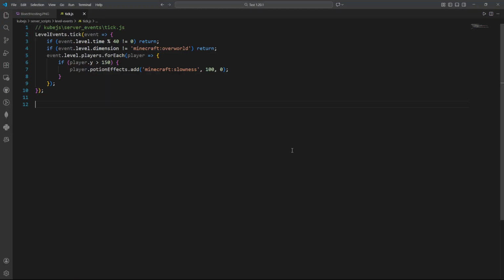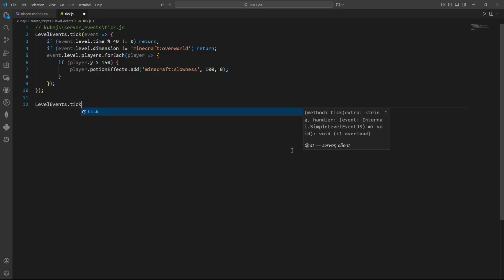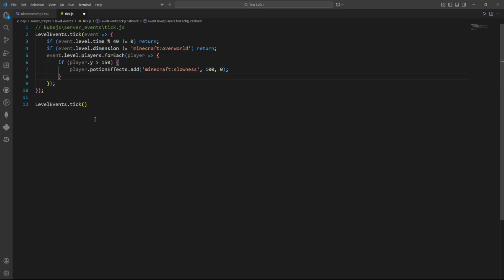So we're going to do this again with level events.tick. Some people do all level events.tick logic in the same block. I advise against it, especially if you want to only do checks at certain times. As you'll see here, I want to check this every 1 second instead of 2 seconds. But regardless, our event handler, just like above,